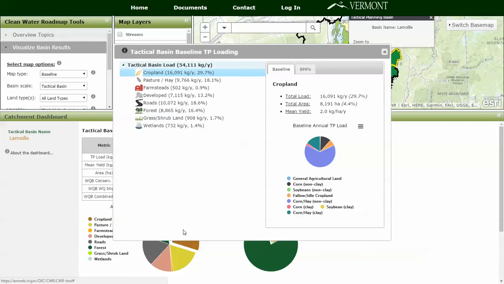And so it's a disaggregation of the annual total phosphorus load for this particular tactical basin for cropland. And you can see in here, it's also giving you the yield, the mean yield. And it's also making for you a disaggregation of